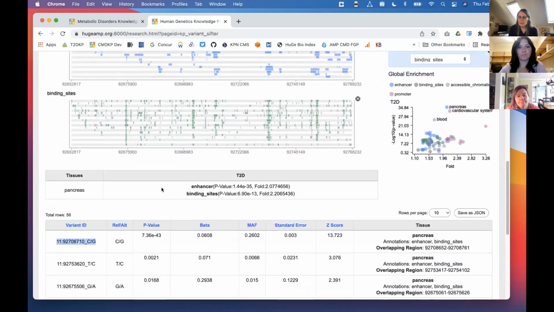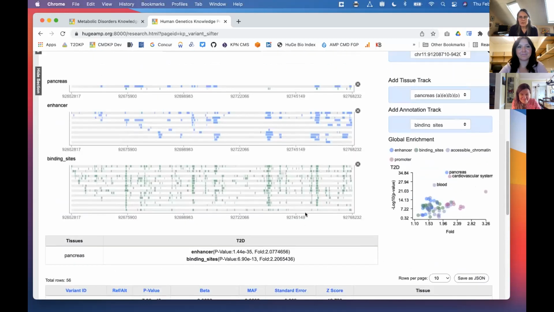I also wanted to mention that you can export what's in this table as a JSON object. Then you can take that object and plug it right into our Bring Your Own Research framework to create your own tables or visualizations. So that's a handy way to take these results and work with them further on your own.